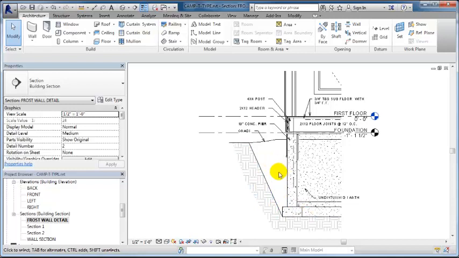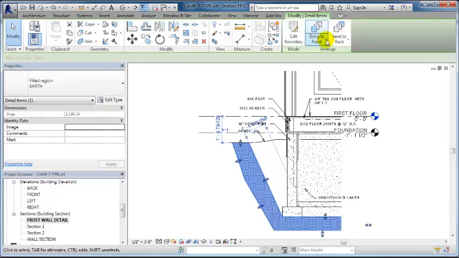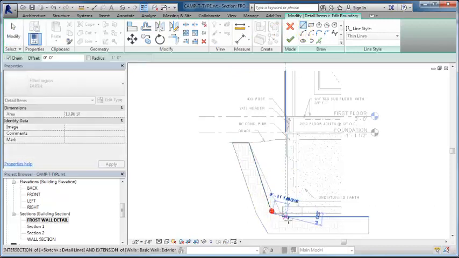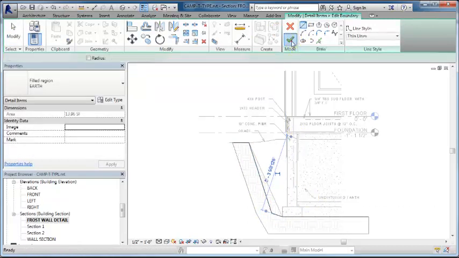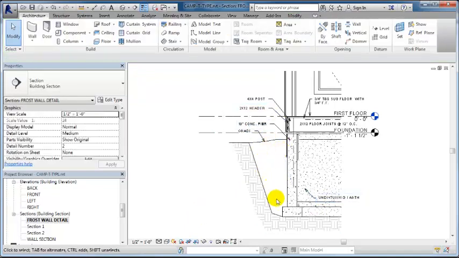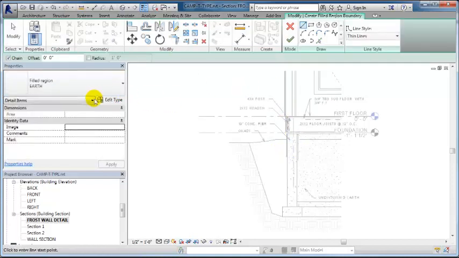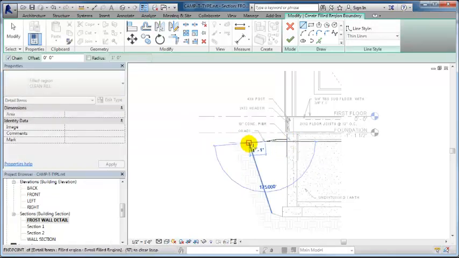This should be filled in with clean fill, and as a matter of fact, I should make this a little bit more correct here, where I should add another line segment to make that a little bit wider opening at the bottom. That's better. So this area right here should be filled with clean fill. So I want to go back to annotate and region, filled region, and make this a clean fill region. Then I can go ahead and trace what I have for line work